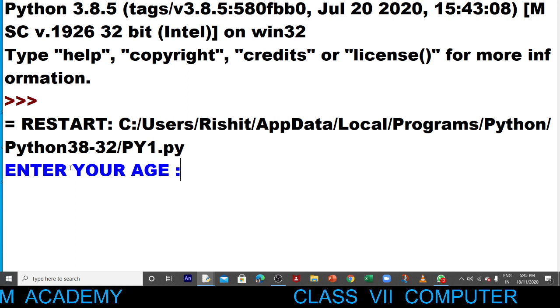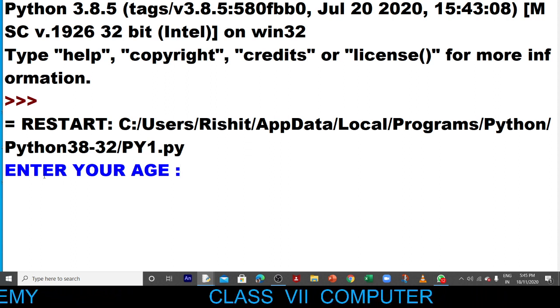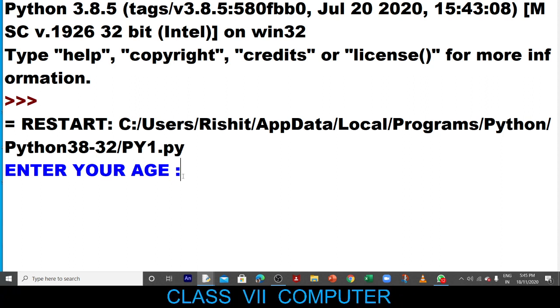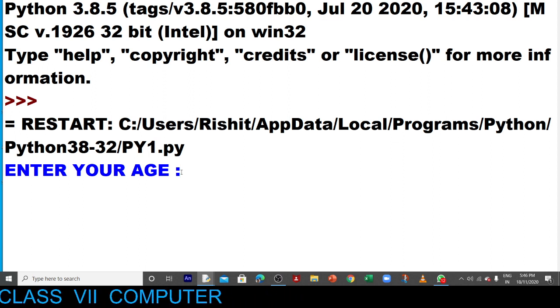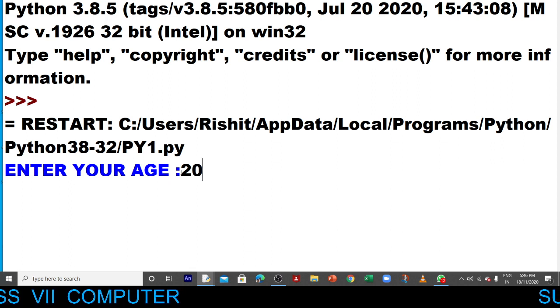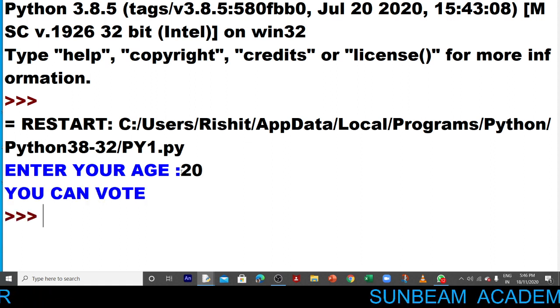See, it says enter your age, because you wanted to take input from the user. What is your age, children? Let's take 20. Age is 20. Is it greater than 18? Yes. So it will print you can vote.